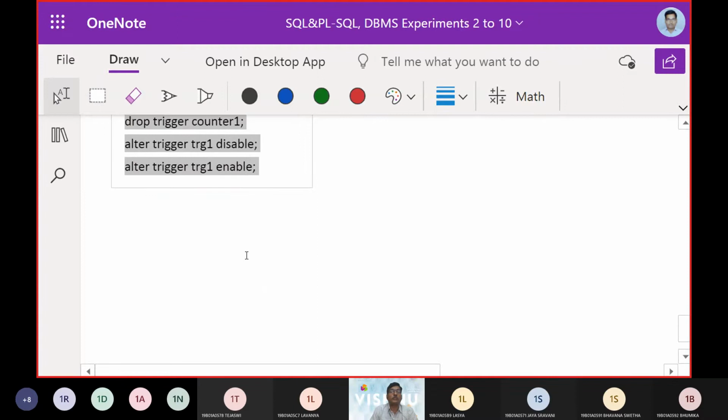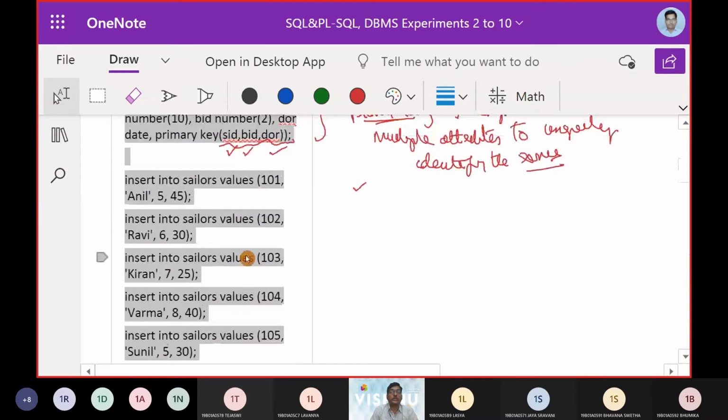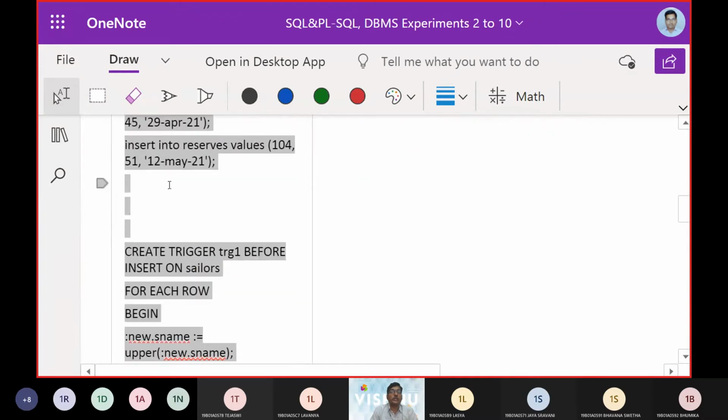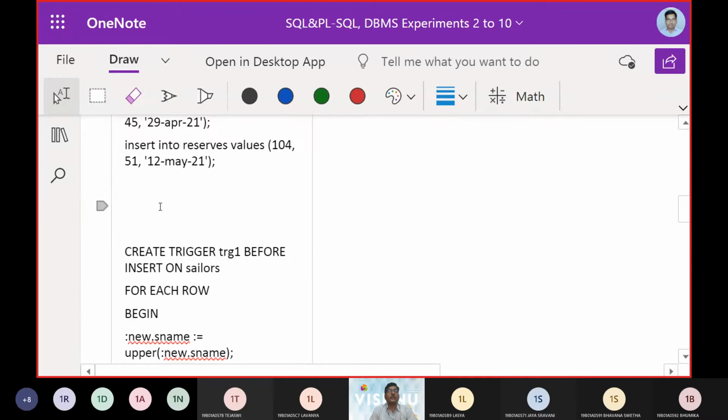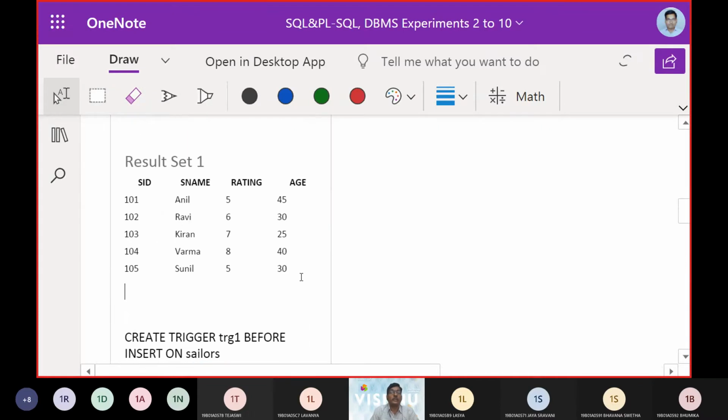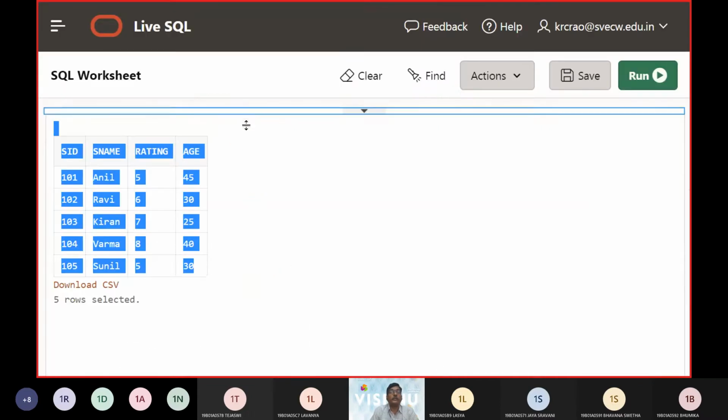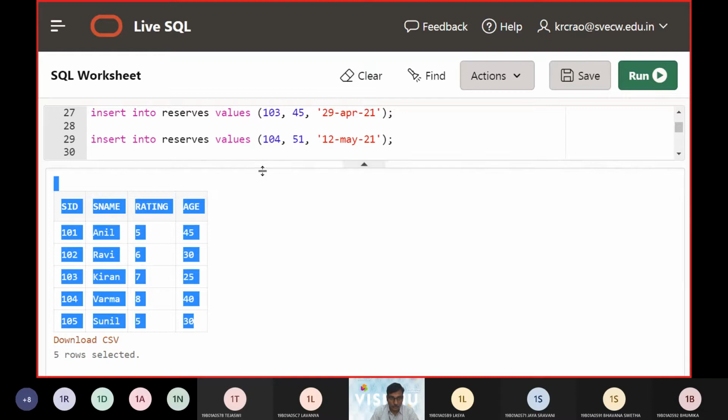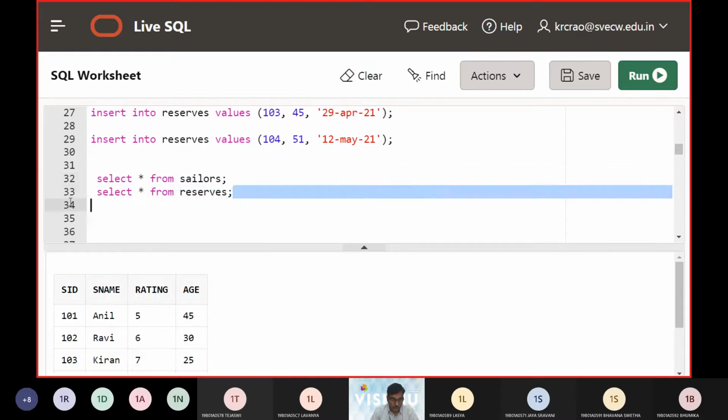Before I start the triggering part, I am taking this result set at this point to the OneNote, and then I am executing the Reserves table here.